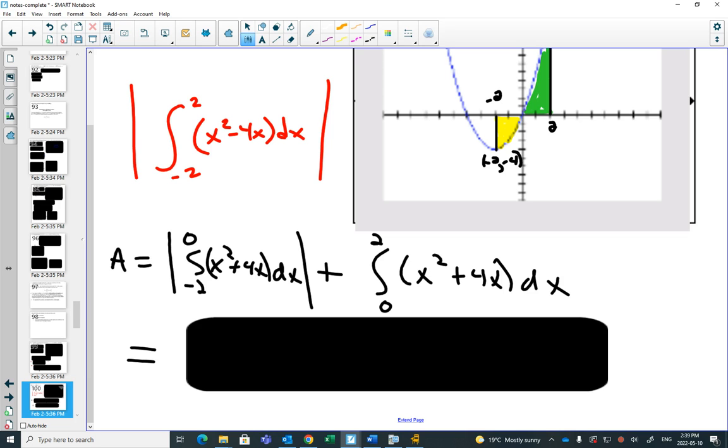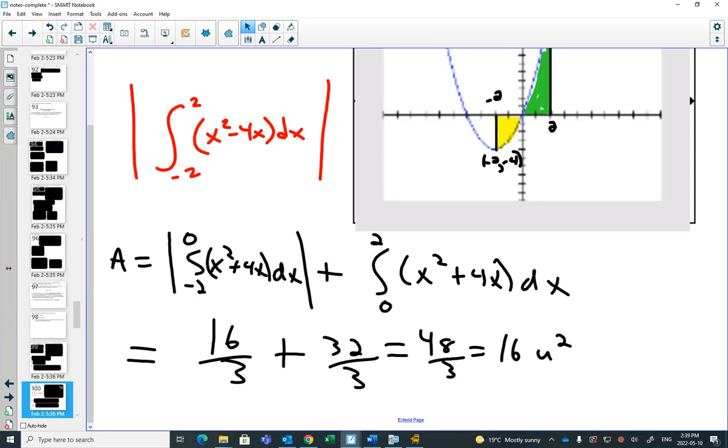Okay? We already know that the yellow is 16/3. Here, we'll put the answers up here. The yellow we already knew was 16/3. The green is 32/3. So if you did this right away, the inside would come out to be 16/3, and then the absolute value would keep at 16/3. However, if you did this,